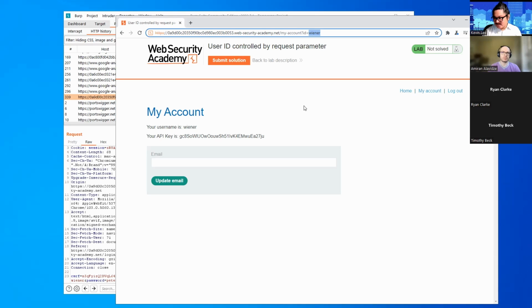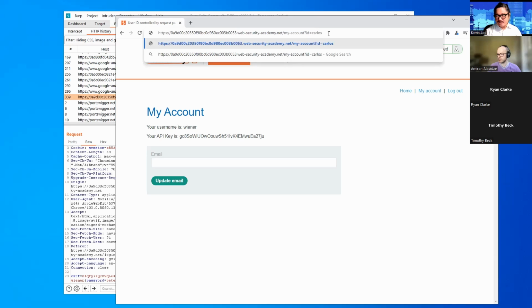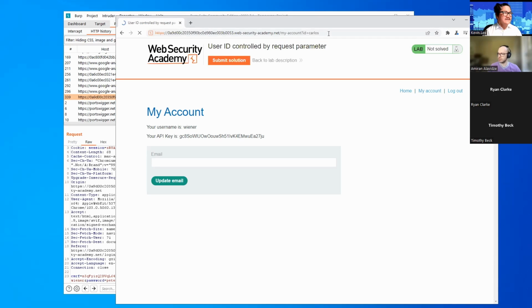Amaran says try a different user, and Anthony says to change the ID to Carlos. We're going to try exactly that. We're going to change the ID here from Wiener to Carlos, because it's the only other ID that we know. We type that in, and lo and behold, we see that the My Account information has changed. Our username is Carlos now, and our API key is this.